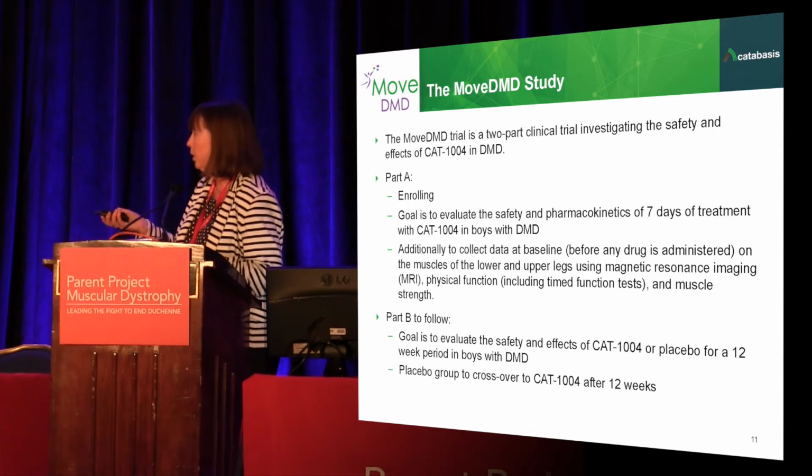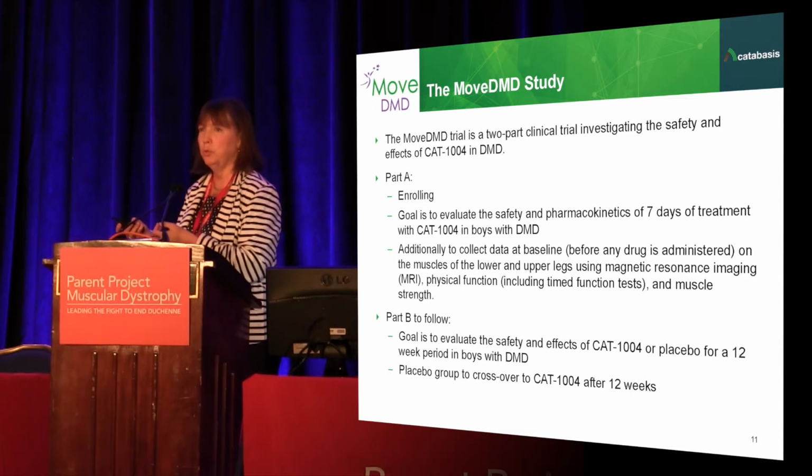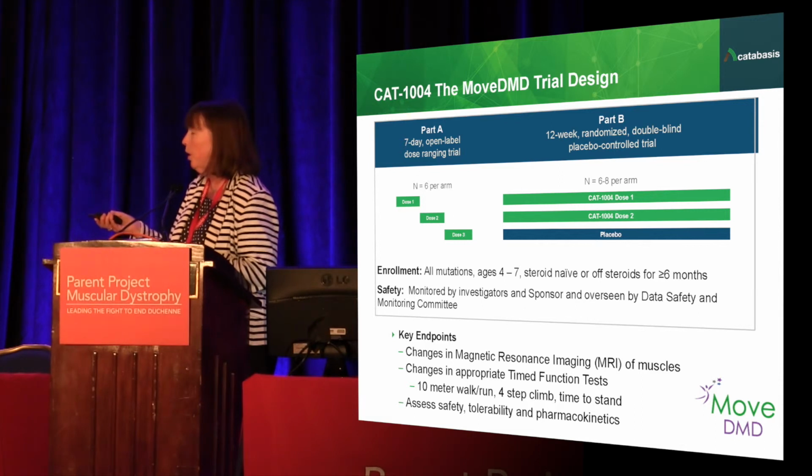Importantly, although it's a placebo-controlled study, the placebo group will cross over to the active treatment groups at the end of the 12-week period. It's schematically shown here. We'll have 3 rising doses. This will be done over the rest of this year. And early next year, we'll be starting the 12-week part of the study with 3 groups and about 18 to